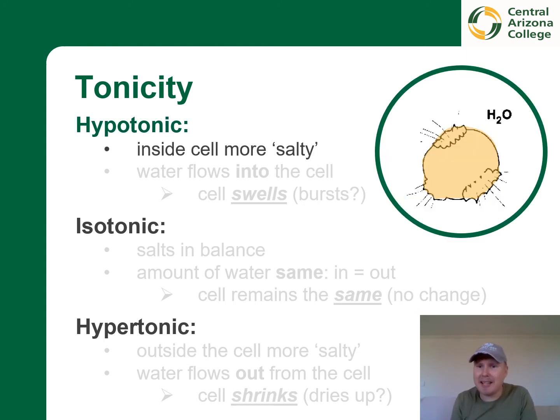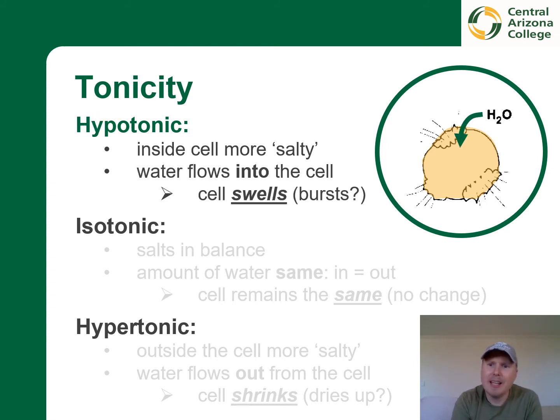And the first example that we will have a look at is going to be the hypotonic cell. In these cells, the inside of the cell has more charged salts or anything else that we may be studying. But let's just go with salt as an example. So the inside of the cell is very salty. And these salts cannot cross the membrane in this example. So it is going to be all about osmosis that takes place.